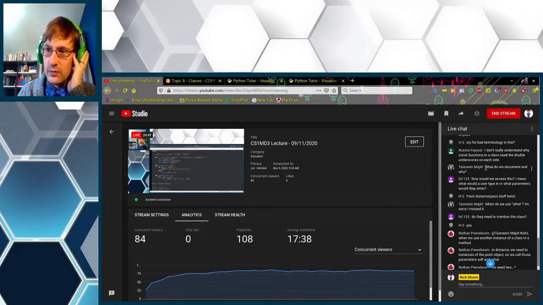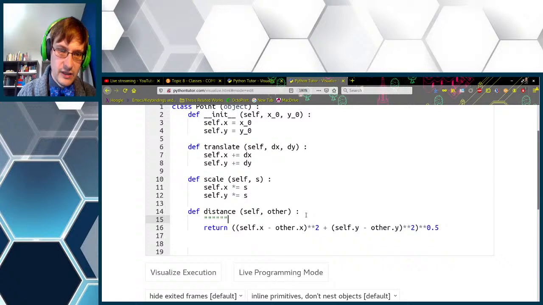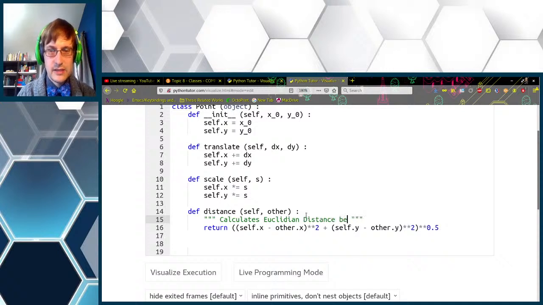What do we document and why? Whenever you have implicit assumptions, you should document them. So in this particular case, if you wanted to get real right down technical with it, you would say something like: calculates Euclidean distance between point objects, self, and other.